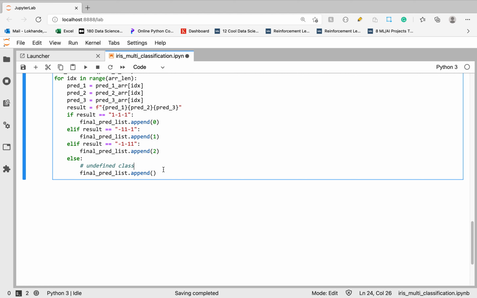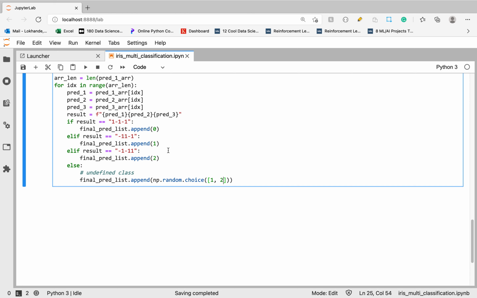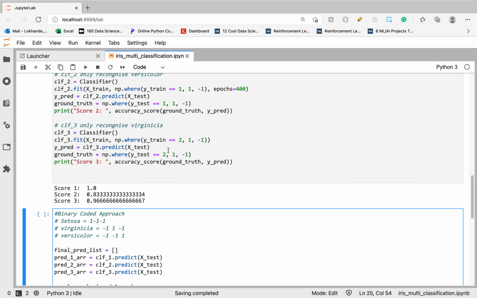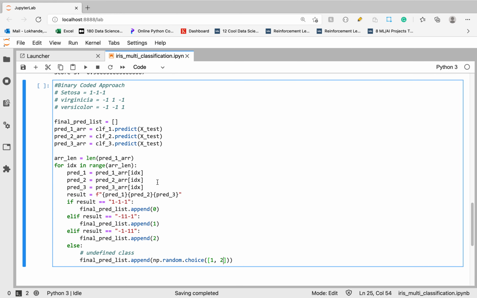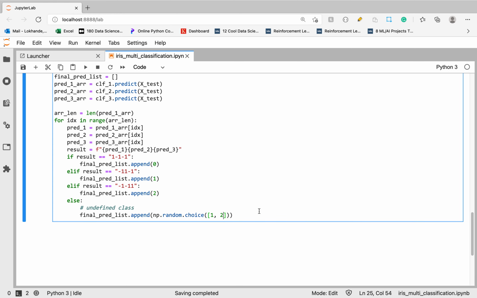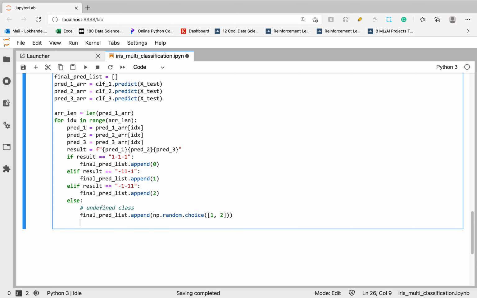So in this append method we just write np.random.choice, making a choice from 1 or 2. Class label 1 belongs to virginica, and class label 2 belongs to versicolor.